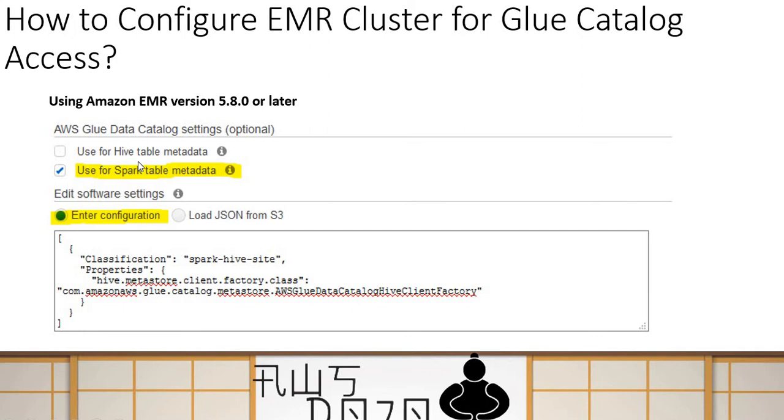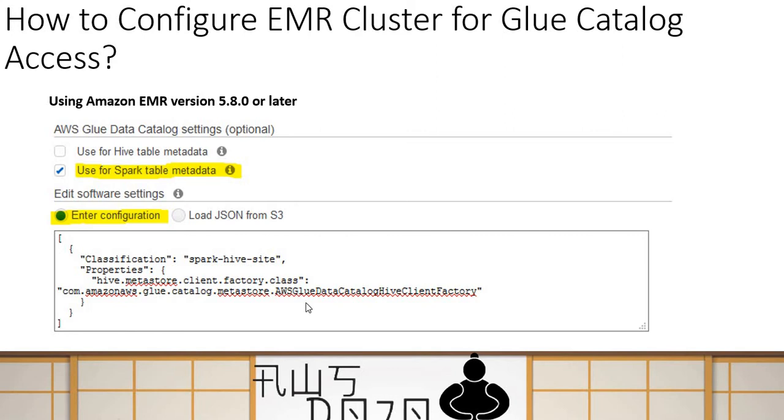Especially, you can do a Hive table configuration in Athena. So if you're using a Hive table configuration or cataloging in Athena, you can use a Hive table as well. But if you're trying to use a crawler to catalog your data into Glue Catalog, in that case you can use a Spark table. Okay, so you have to choose one of those two options. The primary difference is that the Spark table is when you're using the crawler to create your catalog, and Hive is when you're using Athena to create a Hive table using the Athena data sources method.